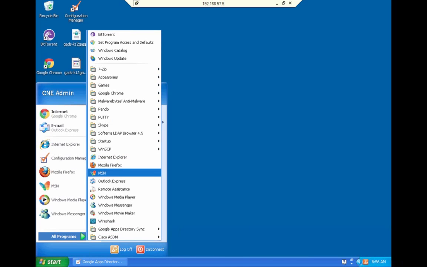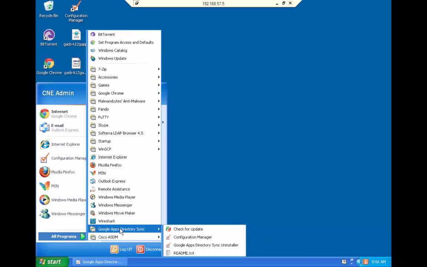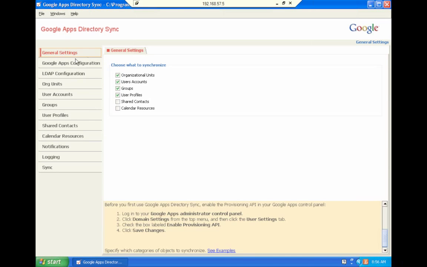So here I've got it installed on a Windows XP machine, and I go to Google Apps Directory Sync and then over to my Configuration Manager to launch it. Now by default, yours is going to come up and it's not going to necessarily have anything show up. Now for me, I've already loaded my Google Apps configuration file. You see that I have my GADS-K12gapps.xml. Now if I go to File and I go to New,